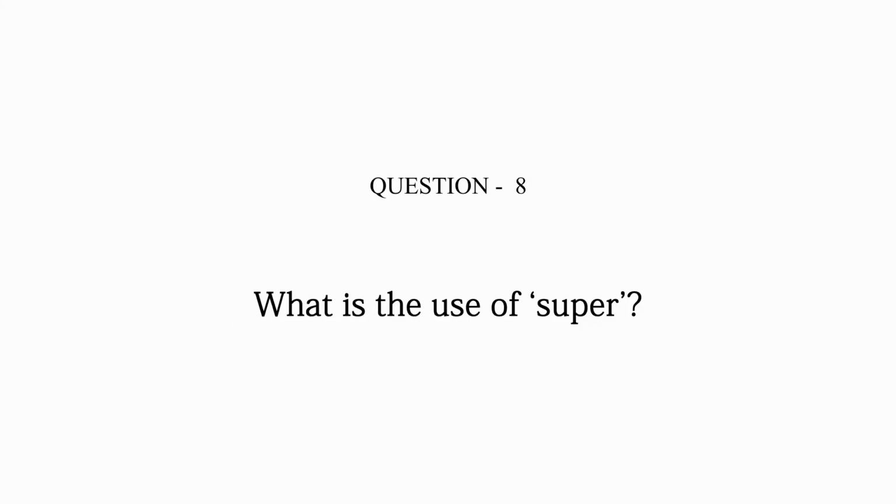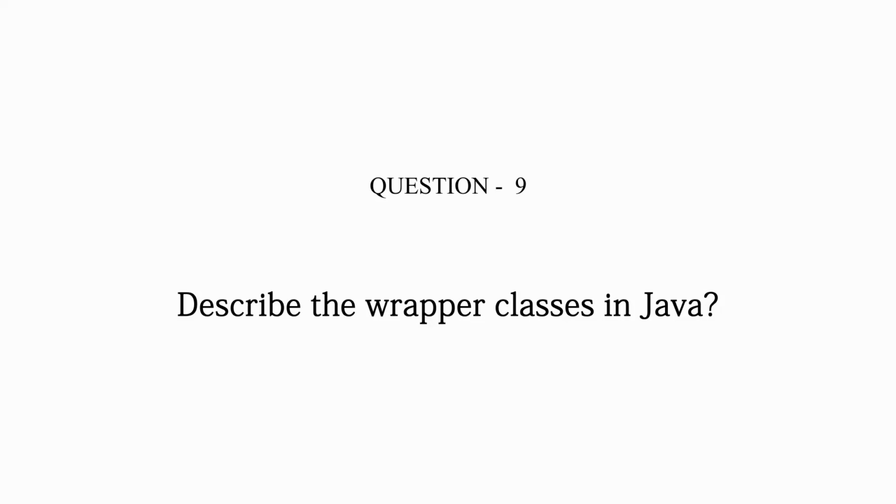What is the use of the super keyword? The super keyword is used to refer to the parent class members inside the child classes. So you can use the super keyword to refer to the parent class variables or methods, if you have to use them inside the child classes. Because generally in inheritance, it means that we can use all the parent class properties and methods inside the child class, right? So that is what your super keyword means.